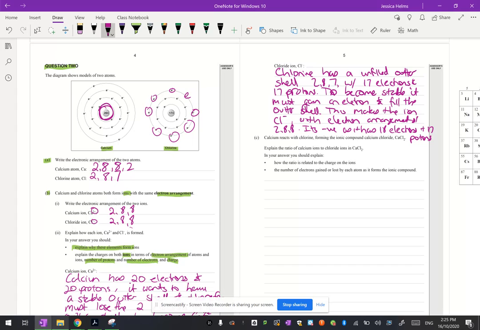Or you could talk about that the charge is to do with the balance of the protons and electrons of the ion. So, the relationship between the electrons and the protons in terms of positivity or negativity. And you must be able to show how you know that as well. And for the excellence, obviously, you have to have this full answer. You also actually need to have this part I